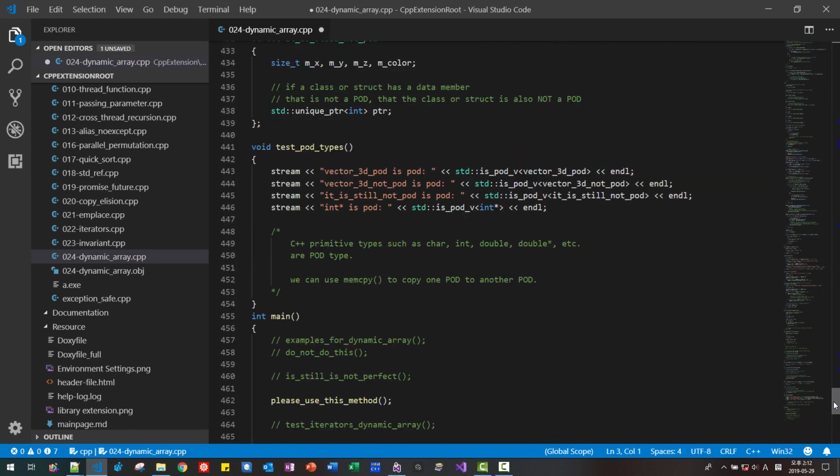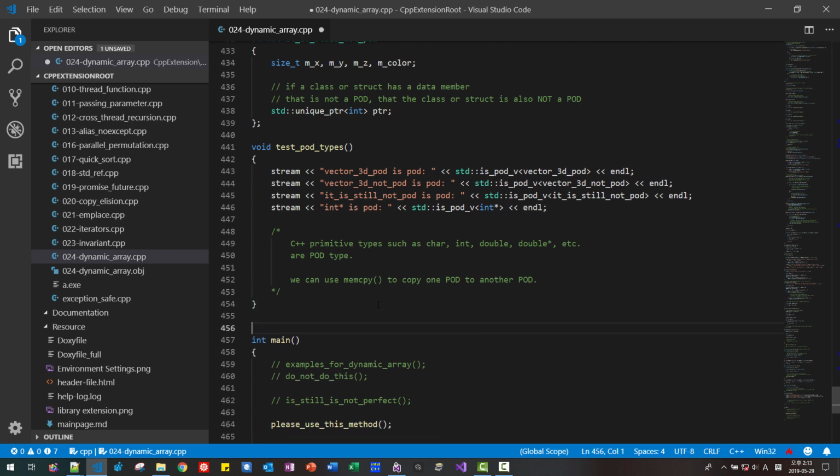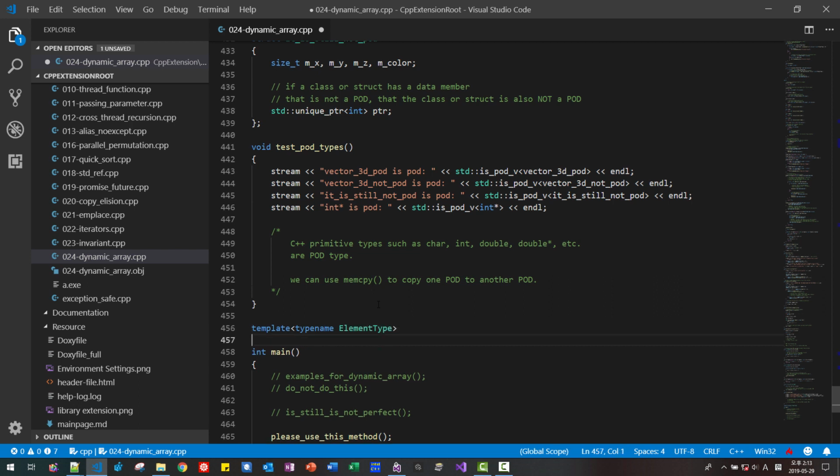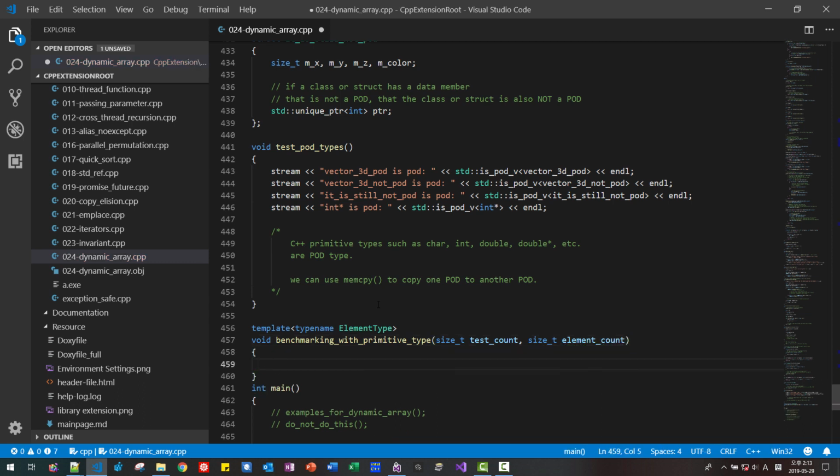and go down here. Template typename element_type, void benchmarking_with_primitive_type, size_t test_count, size_t element_count. I created a function,